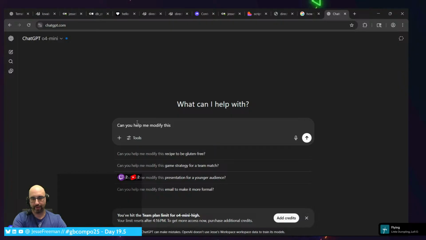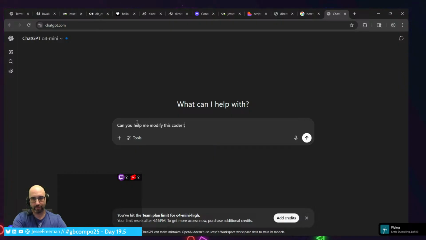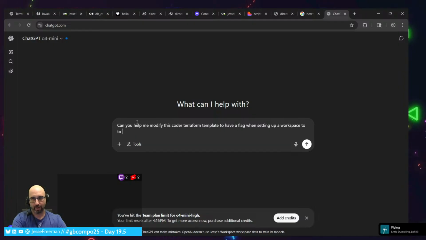Can you help me modify this Coder Terraform template to have a flag when setting up a workspace to toggle CORS or disable it so I can access it easier for testing?